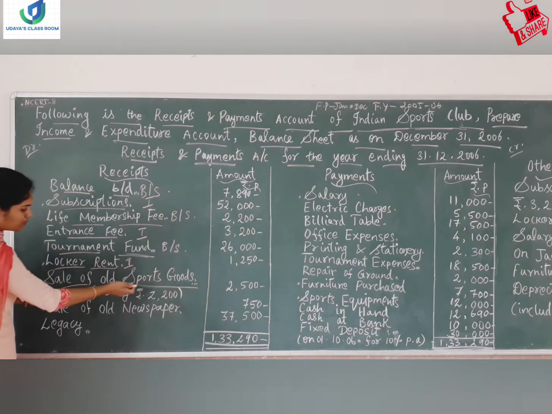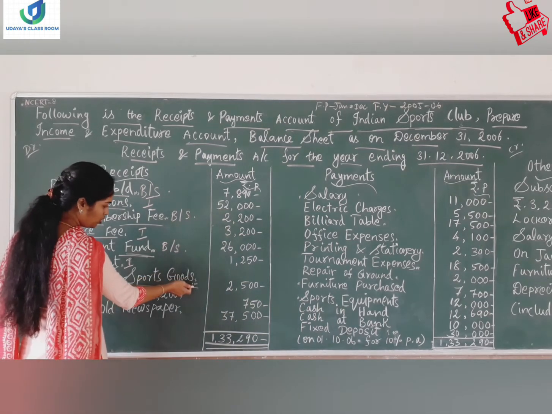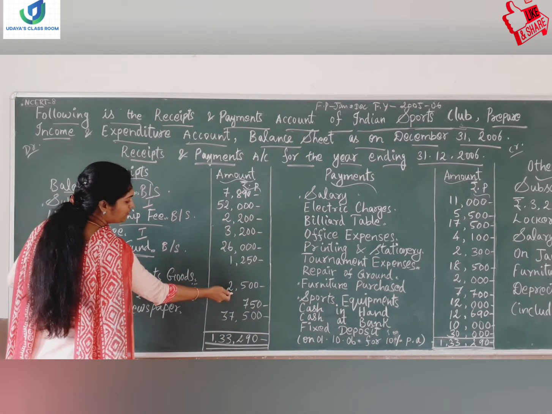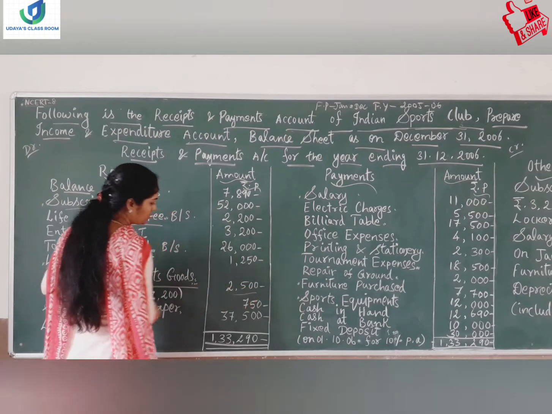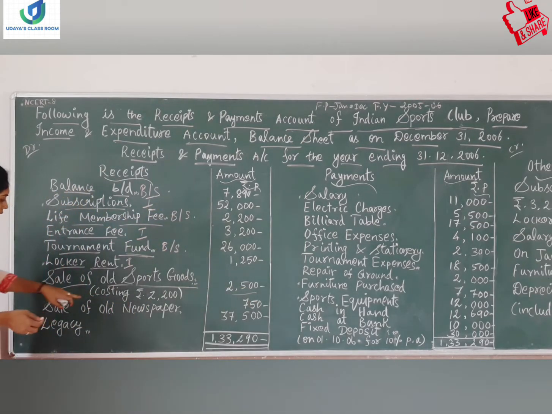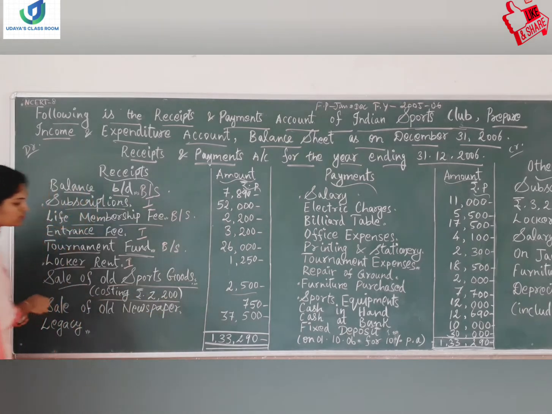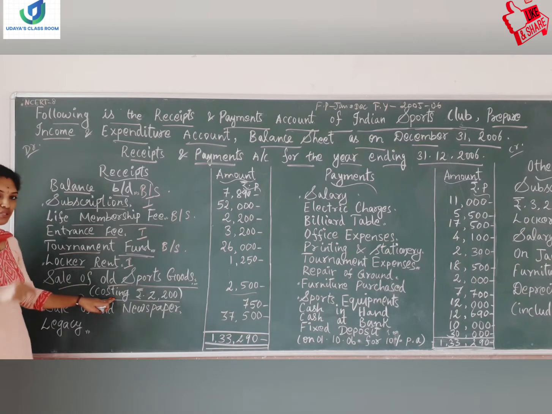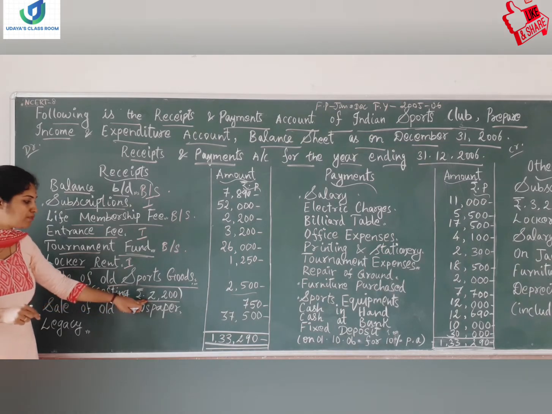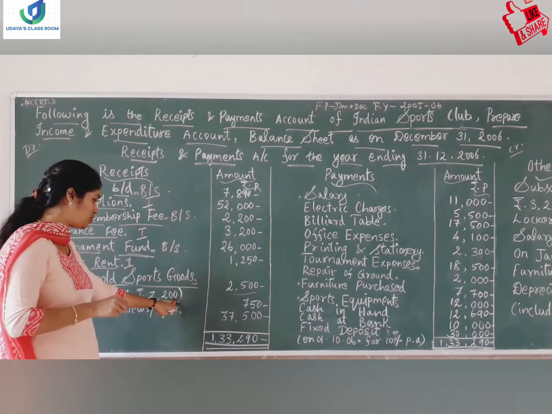So when the sales process took place, the receipt received by the not-for-profit organization is 2,500 here, and here they have given costing rupees 2,200,